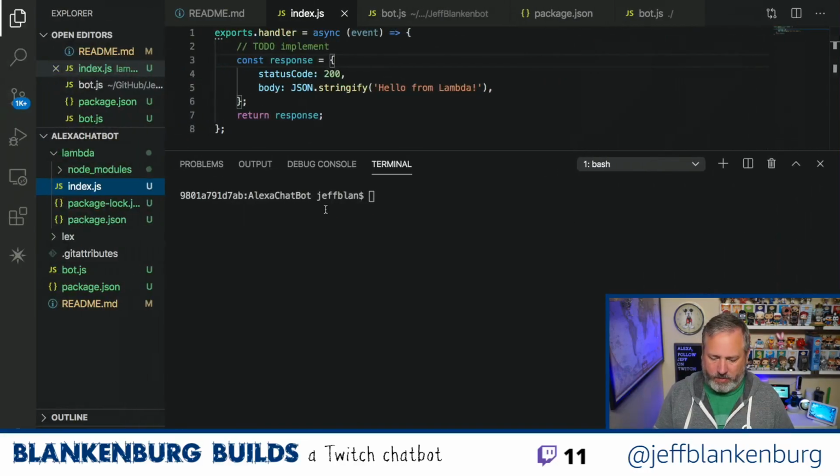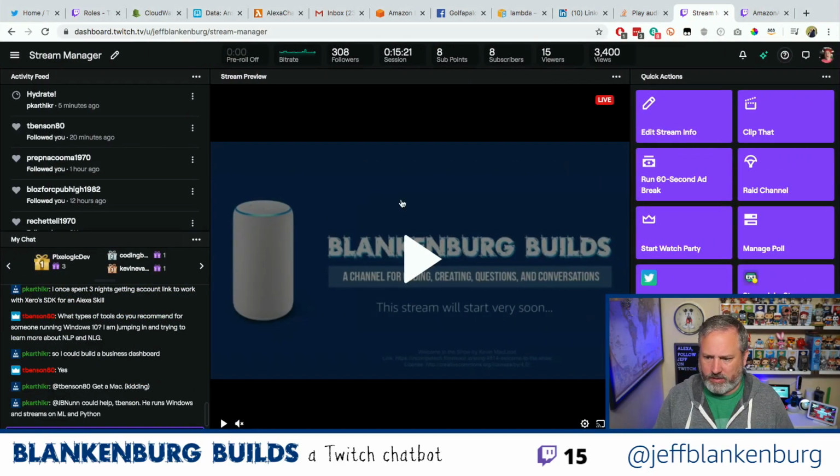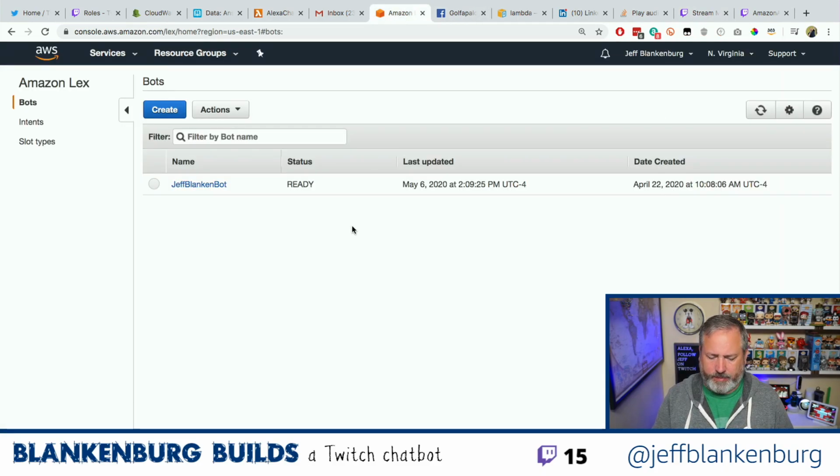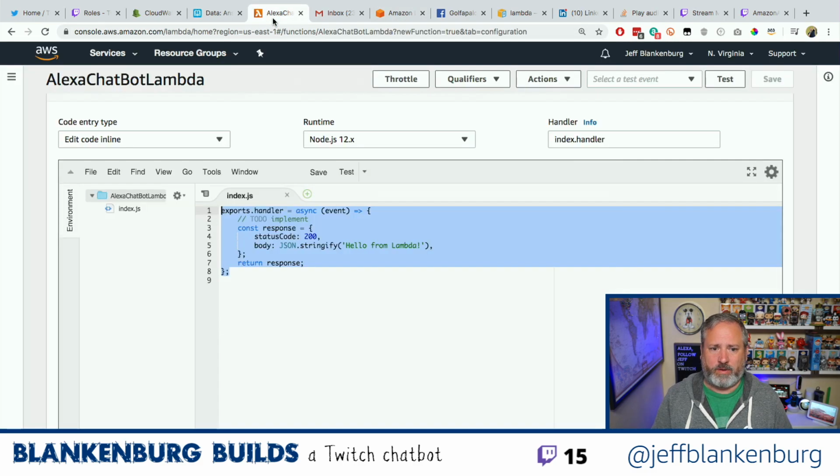All right, so what I wanted to show here is that I have Lex, and we're going to need to use this to be able to identify what the user said and how it matches with what we're trying to accomplish. So Lex is going to be a big part of this. We're also going to have this Lambda function, and this Lambda function is plugged in to Lex. So what we'll do is there's three components to all of this.